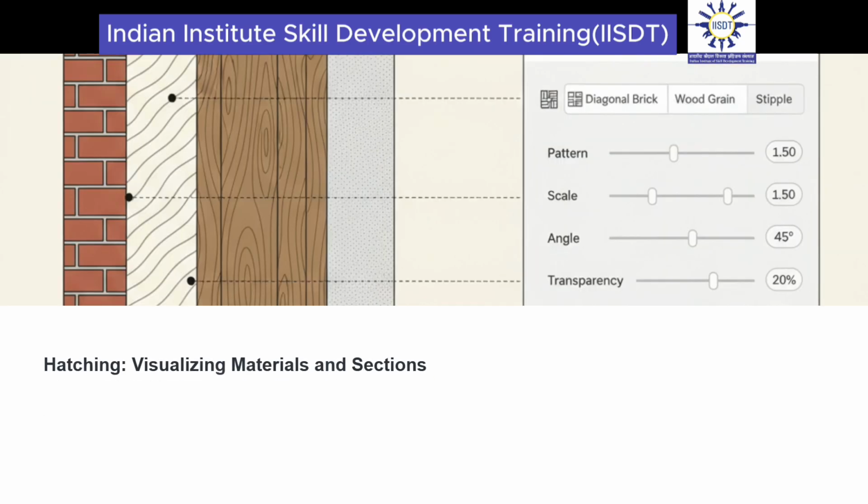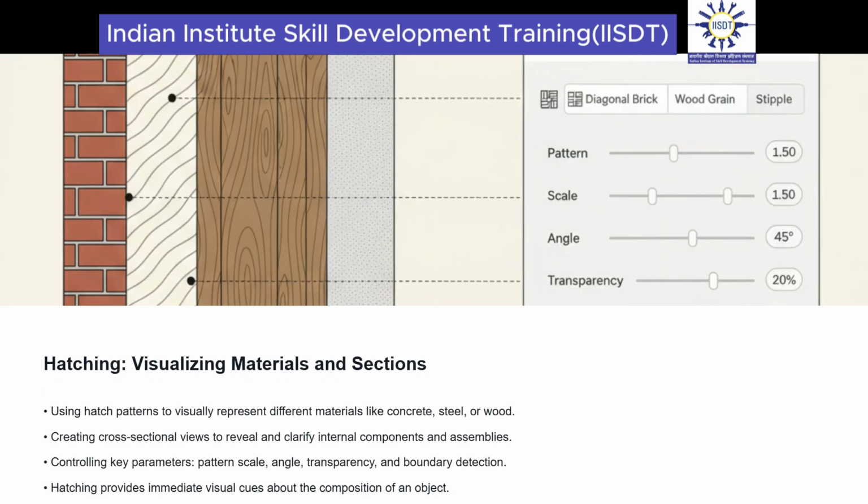Drawings often need to communicate more than just shape and size. They need to convey materiality. This is achieved through hatching. Hatching is a graphical technique used to fill areas of a drawing with a pattern, serving two primary purposes. First, it represents materials. Standardized hatch patterns